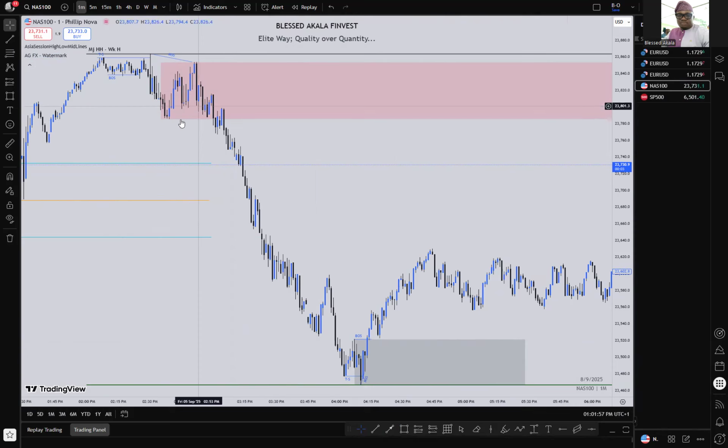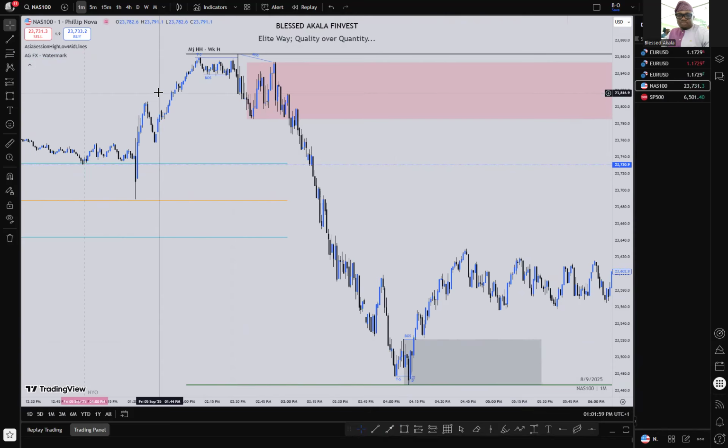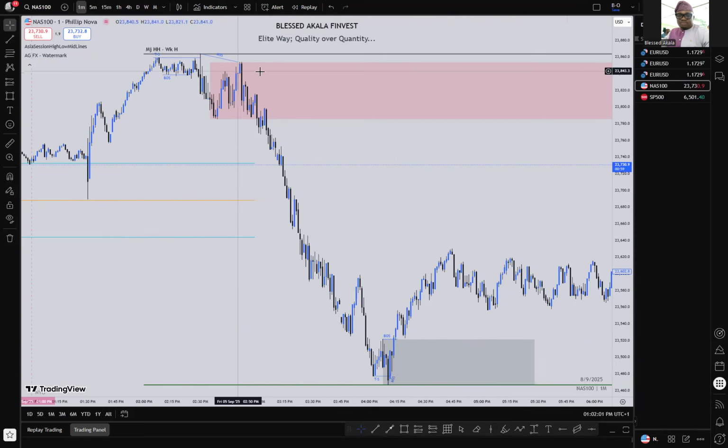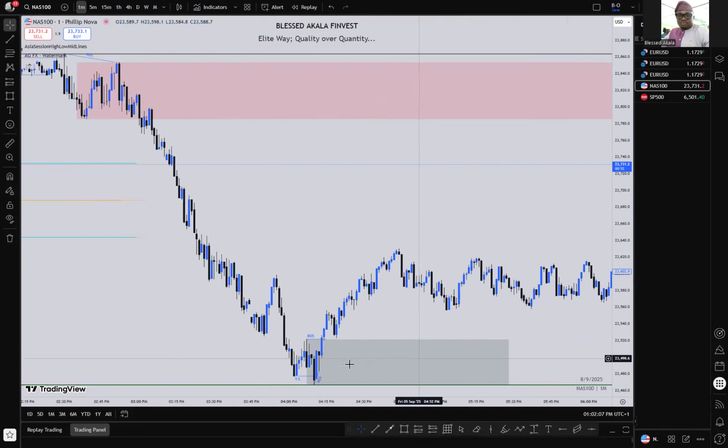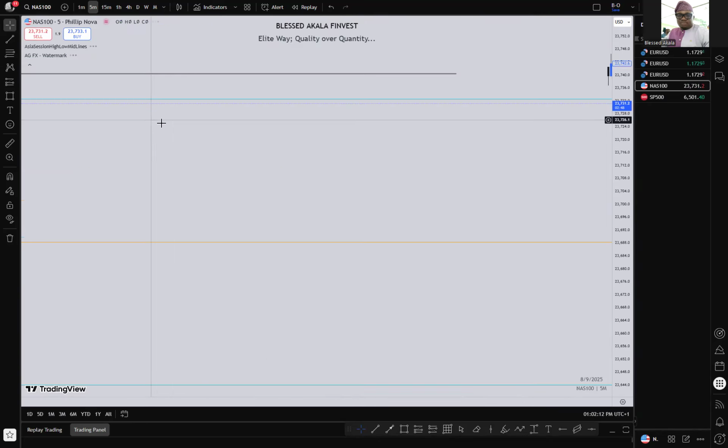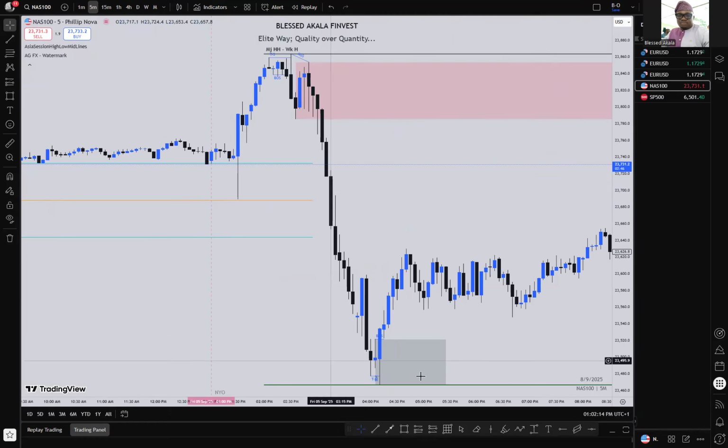But on 5 minutes, it seems not to provide the proper mitigation of the level. But from what we see, looking at 1 minute, we can see there is proper mitigation. But within this level, we didn't see any proper mitigation of this level. But nonetheless, what we can just try to see